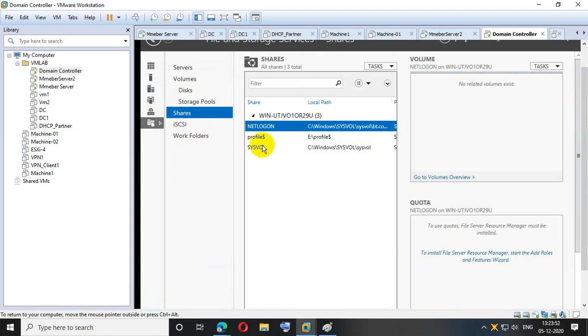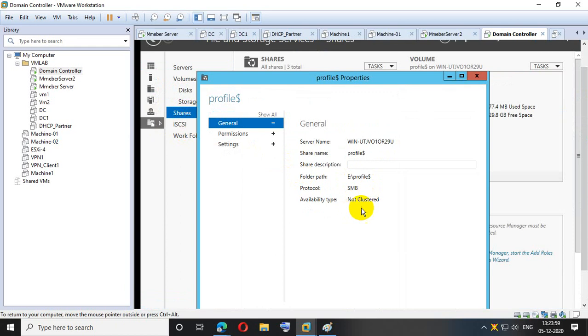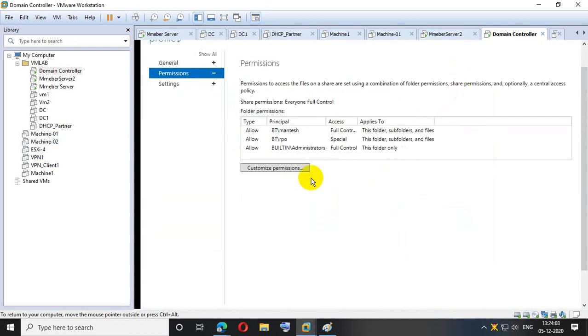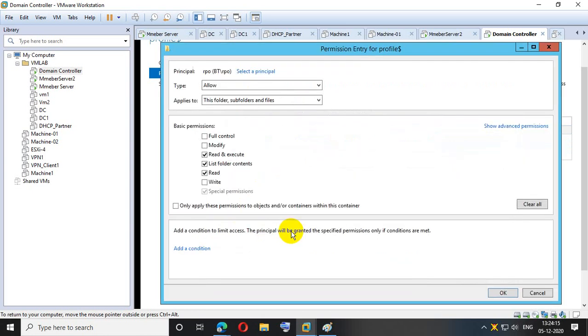I have to modify that share. So go to the profiles again, properties, permission. In permission, for Mantesh, customize permission, RPO, edit, write, full control.